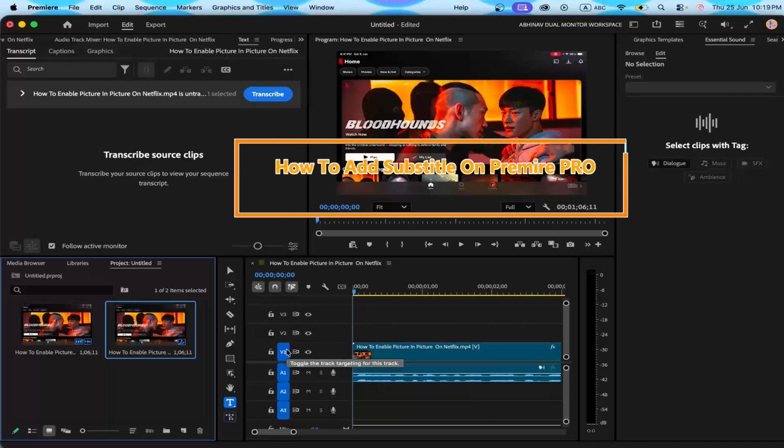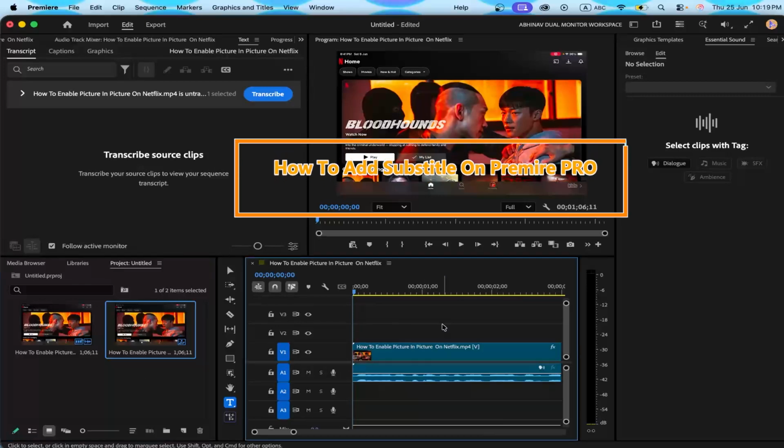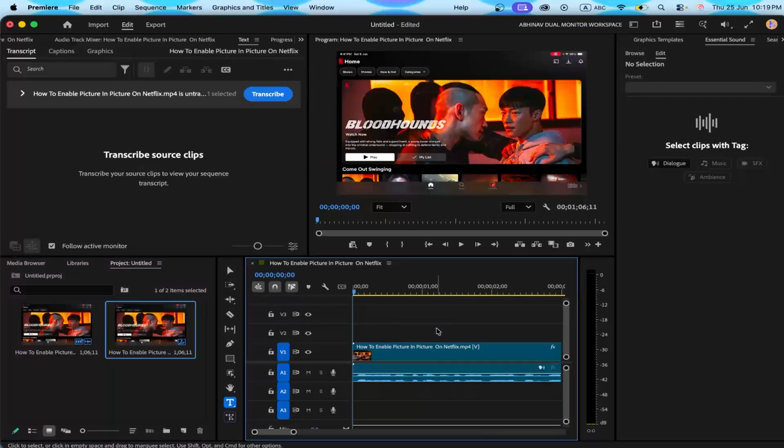How to add subtitle on Premiere Pro on Mac. So there's this thing called auto transcribe. If you're speaking in English or any language that could easily be understood by AI, because the speaking is clear,